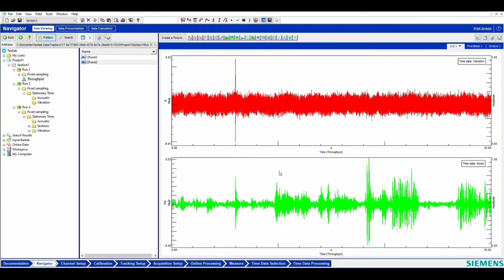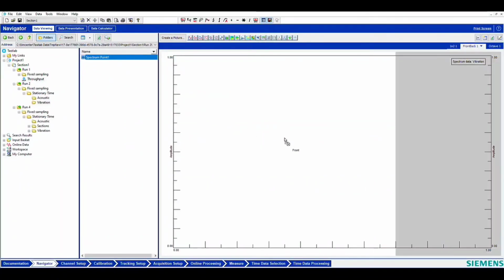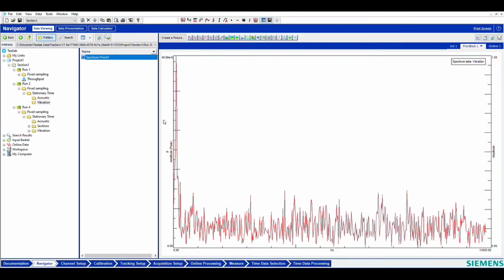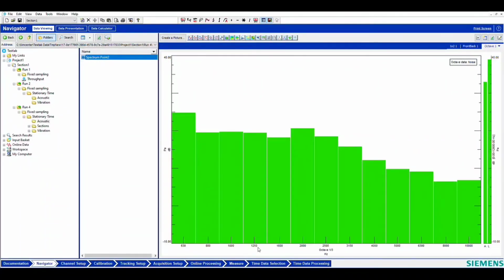Like, you would like to convert this time data into a real-time Fourier transformed data, like the FFT graph or the octave and one-third octave graphs, particularly for the noise data. All these could be visualized as you are seeing this now on the screen.